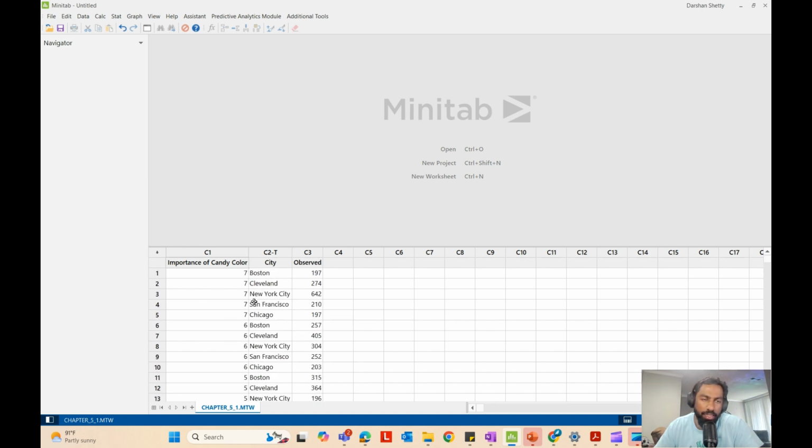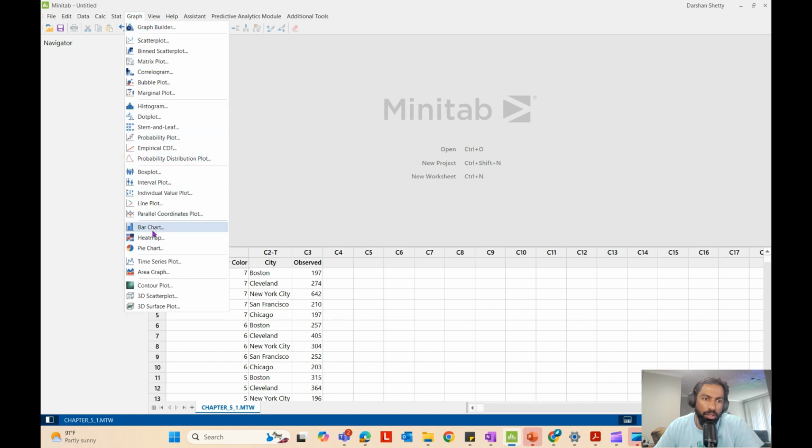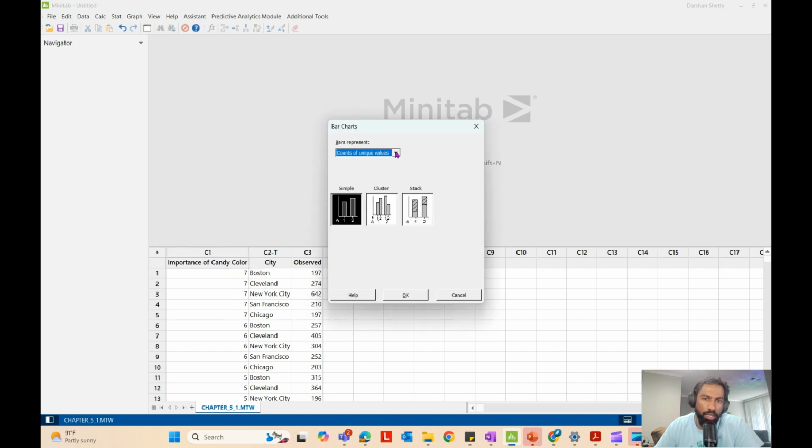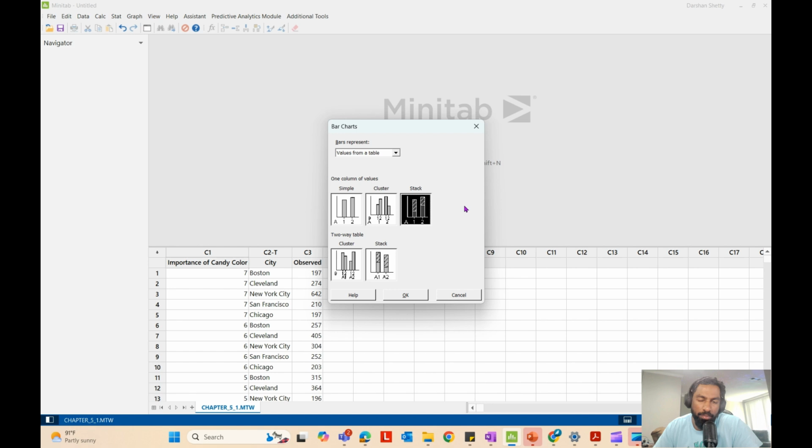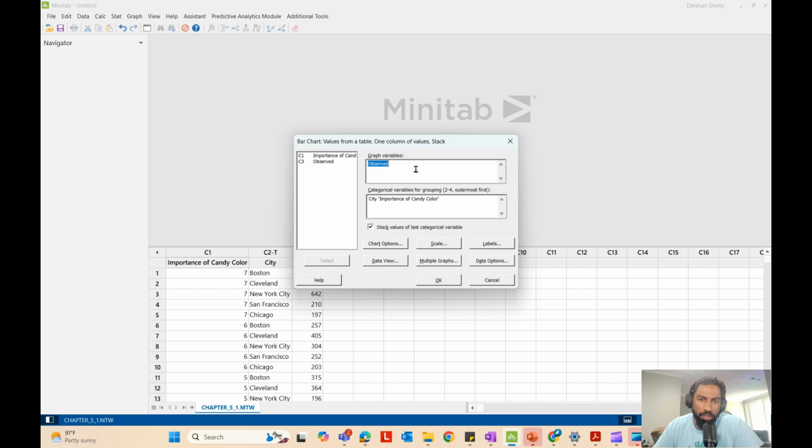Now that we have the data here, how do we convert this into a nice bar chart in Minitab? Just go to Graph, go to Bar Chart, and since we have all the values in a table, select Values from a table, and then we can have a stacked bar chart so that each bar would be represented by the city and the stacks would be represented by the rating. Hit OK. The graph variable in this case is the observed, and the categorical variables are the city and the ratings. So all that's good. Hit OK,